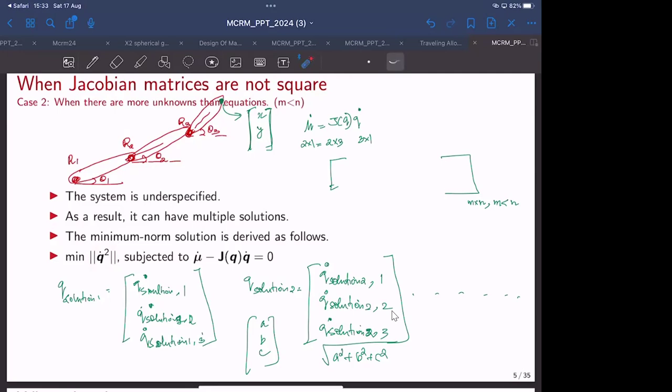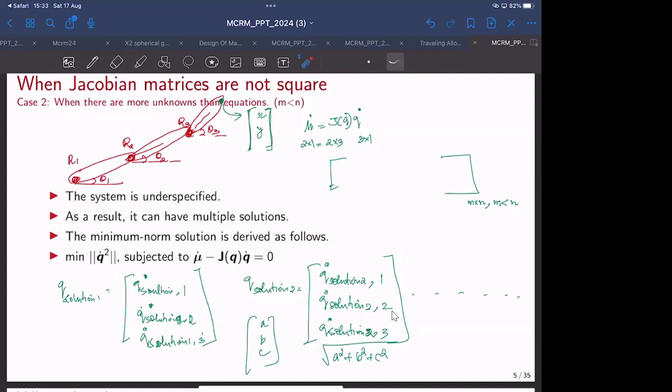So if you take the square of the norm, the solution that has minimum norm square, you can easily correlate that solution with the solution that requires minimal energy. So you would mostly go with the solution that consumes minimum energy to achieve the desired task-based variables,